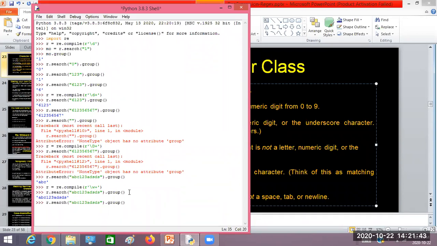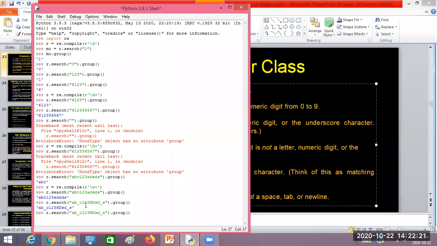Suppose I take capital H, capital D, HD, and then somewhere here I'll put an underscore, and somewhere here another underscore. Now what will be the output? Same, sir. Full. Right, because it is going to match either an uppercase alphabet, lowercase alphabet, digit, or underscore, any number of characters, because the plus mark is there. Plus mark indicates one or more occurrences of the previous pattern. That's why it is matching the entire string.